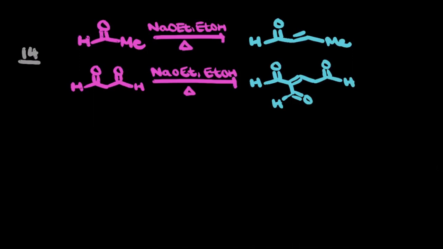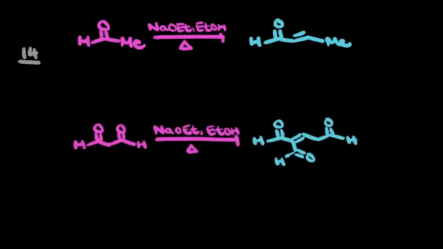So the reason why the bottom reaction is less likely to undergo self-condensation than the top all boils down to pKa. So when we're thinking about what we're dealing with here, this proton is going to be less acidic than the proton here on the bottom, right? That bottom proton has a lower pKa. You don't need a pKa chart to look at that. You just know based off of the fact that you have a more conjugated system, okay? So as a result, that means that when you deprotonate to form the product,